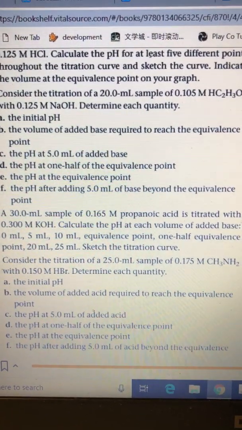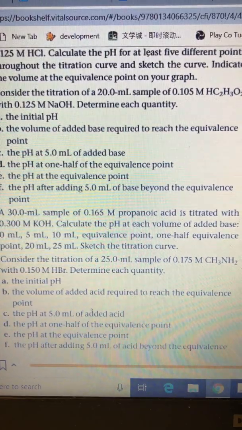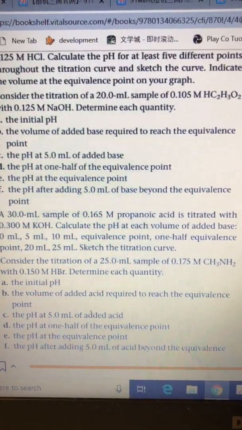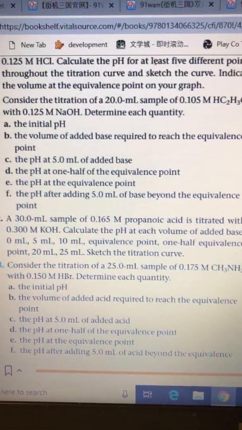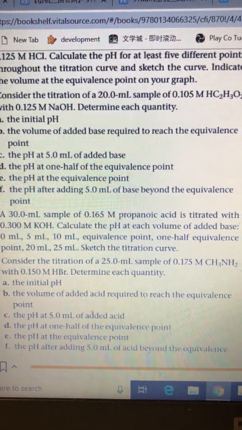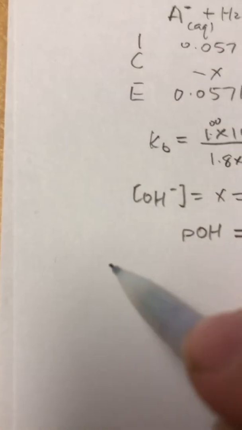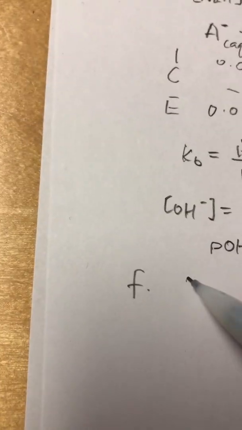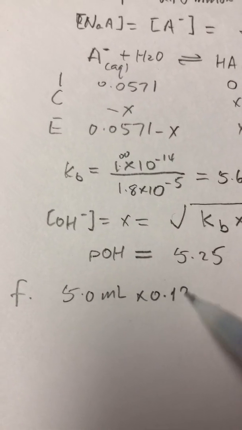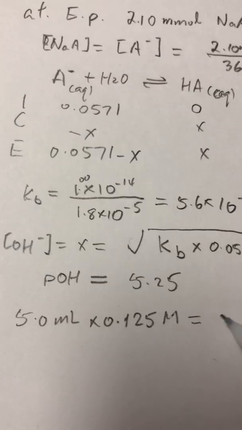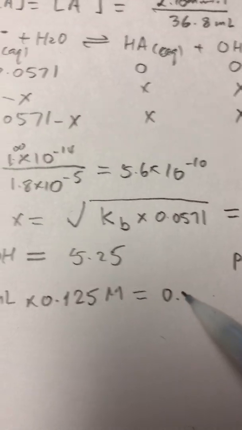Well, we'll first calculate the concentrations. If you really want, you can write the ICE table to double check how small the contribution of hydroxide is from the conjugate base. How to do this step? Step F, 5 mL excess. 5 mL times the concentration, 0.125 molarity, gives us, okay, now this one I do not need a calculator,